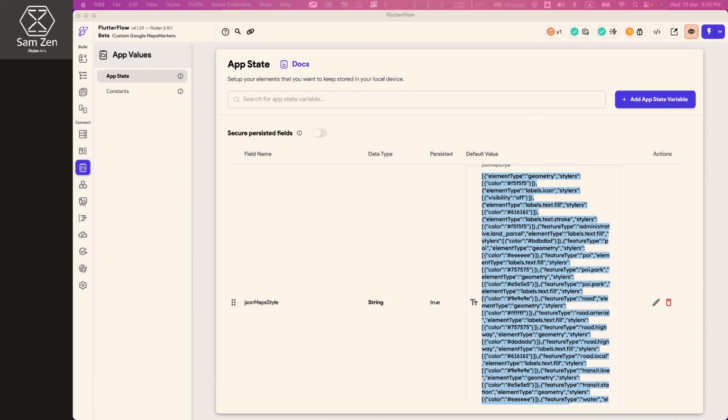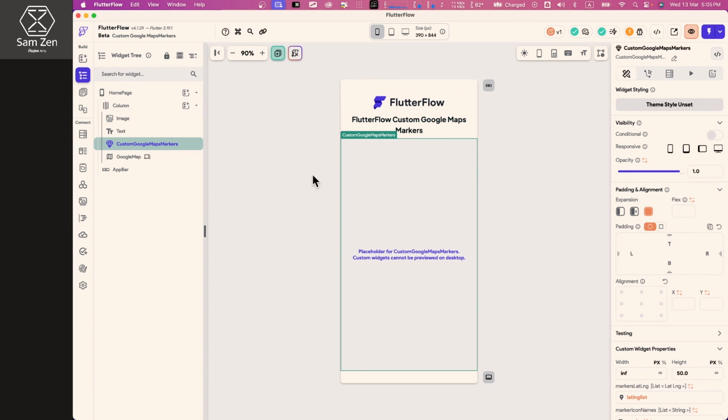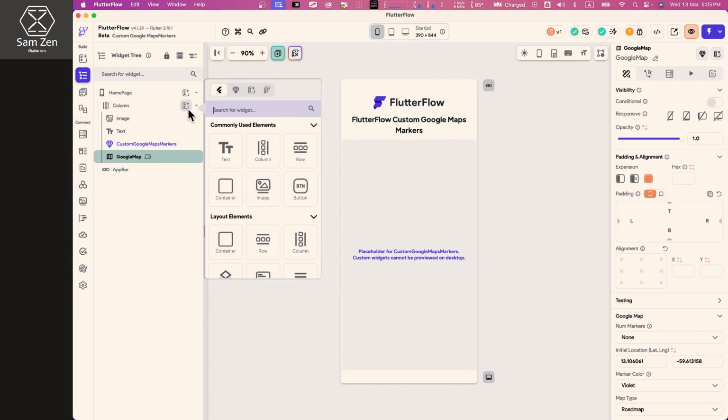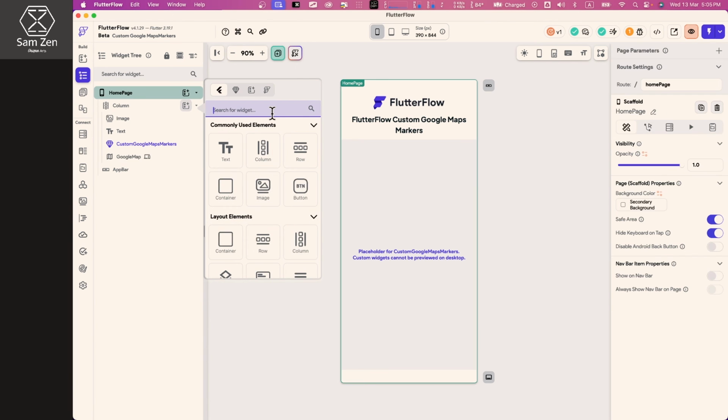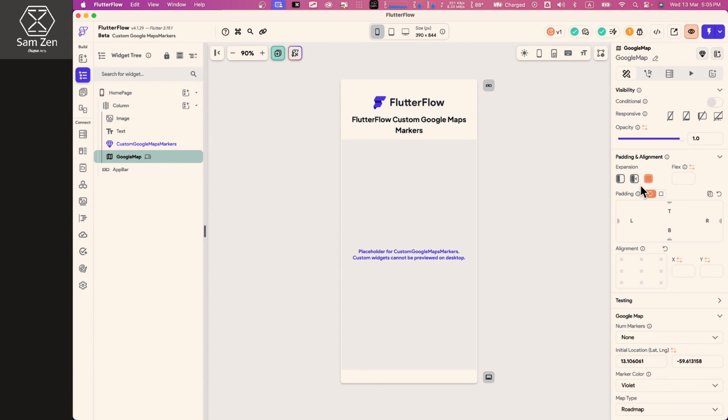Don't forget, as usual, when you use any custom widget for Google Maps, you must, in your widget tree, import an empty Google Map from FlutterFlow. Just drag it right here, Google Maps, and you must import it and hide it. Why are we doing this? Because this gives an order for FlutterFlow to import the needed